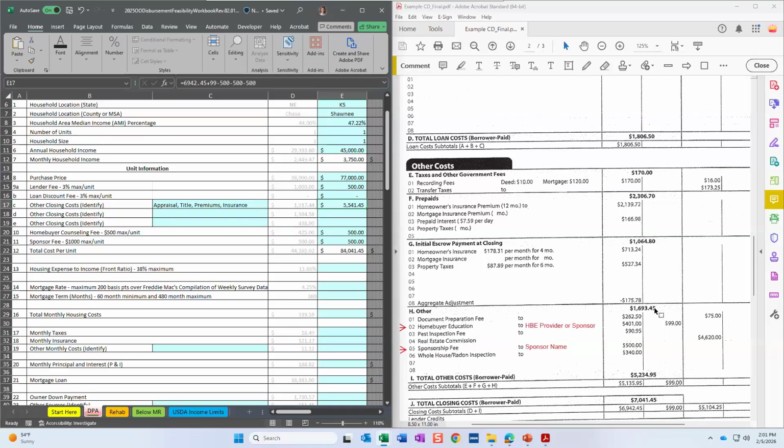The only costs paid prior to closing that have to be included in the feasibility workbook are the ones that are associated with these fees we have here, the lender fee, the loan discount fee, our homebuyer counseling fee, and sponsor fee. So since the amount that was paid prior to closing was associated with the homebuyer education fee, we have to include it in the total amount of closing costs that I used in my math here. So that's why you see this here.